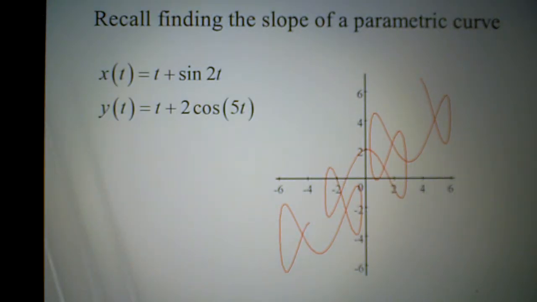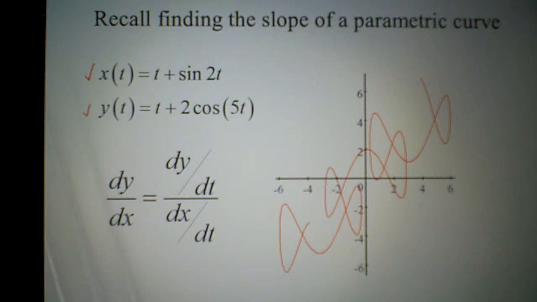Here is a parametric curve. Remember I showed you this? I told you it reminded me of an ice skater. And we learned how to do calculus with finding the slope of a parametrized curve, dy dx. Remember, dy dx is not the rate of change of y with respect to x, even though this curve is expressed as a composition of a horizontal component and a vertical component. I still wanted to get dy dx, and when I did that,